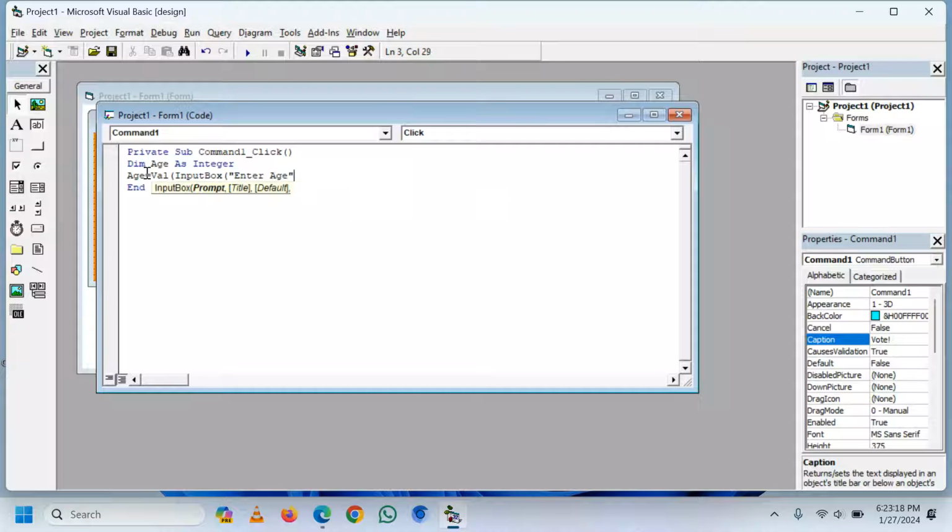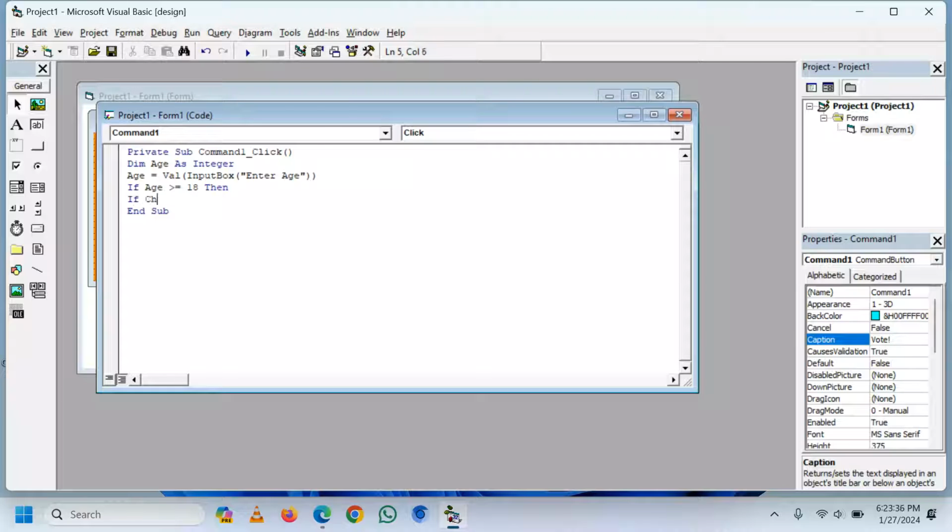We close the quotes, close the brackets twice. Then more to that, we can say If age is greater or equal to 18, then